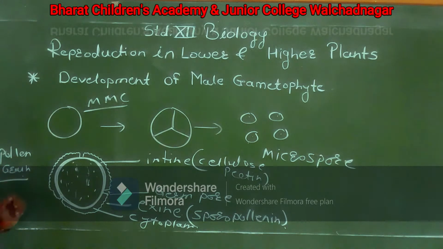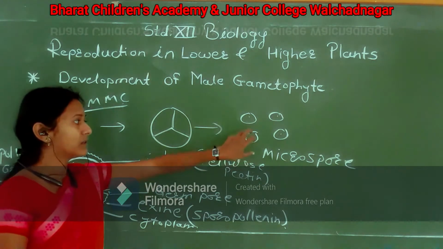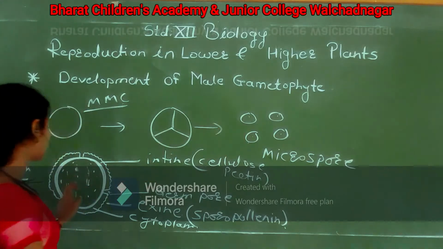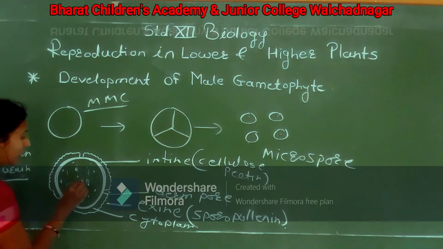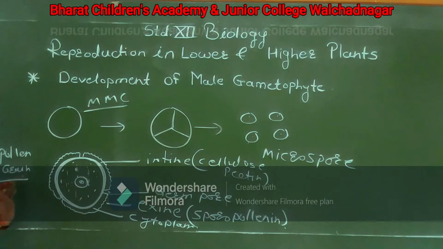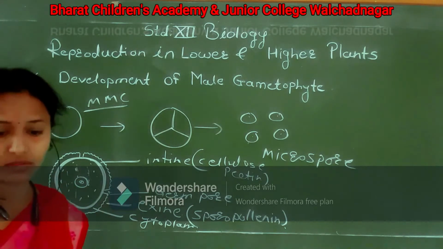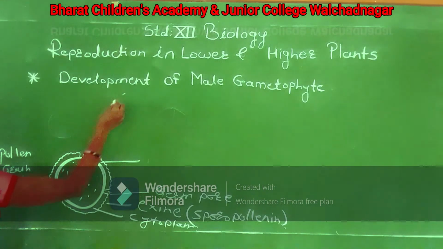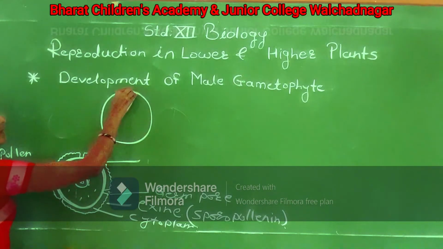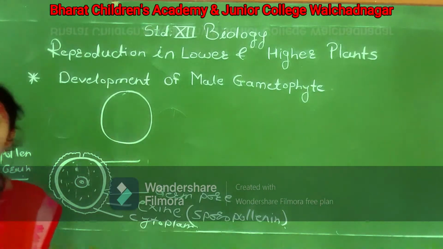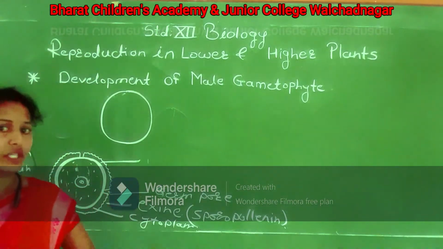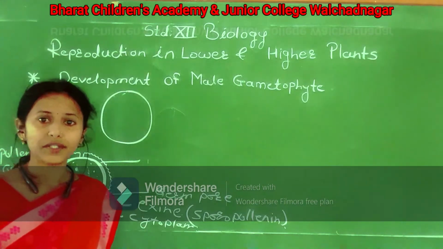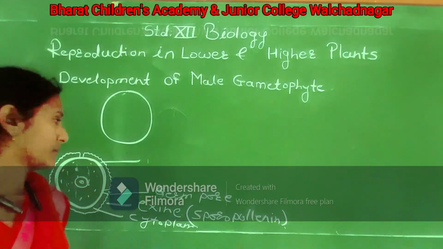One important thing, each microspore has a haploid nucleus. So this pollen grain also has a haploid nucleus, and this pollen grain develops the male gametophyte. Now see some changes in this. In the next change, this haploid nucleus undergoes mitotic division, and you know mitosis is an equational division. It follows the same pattern, first karyokinesis followed by cytokinesis.